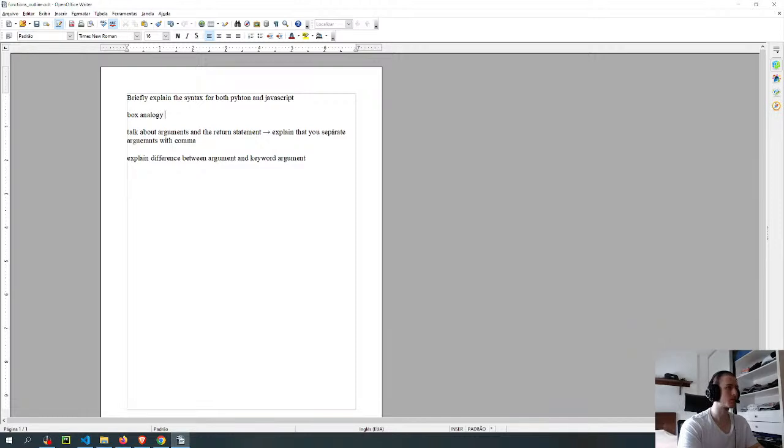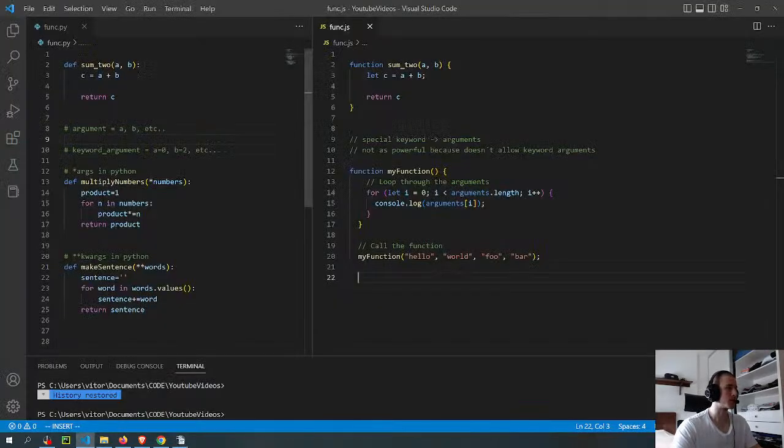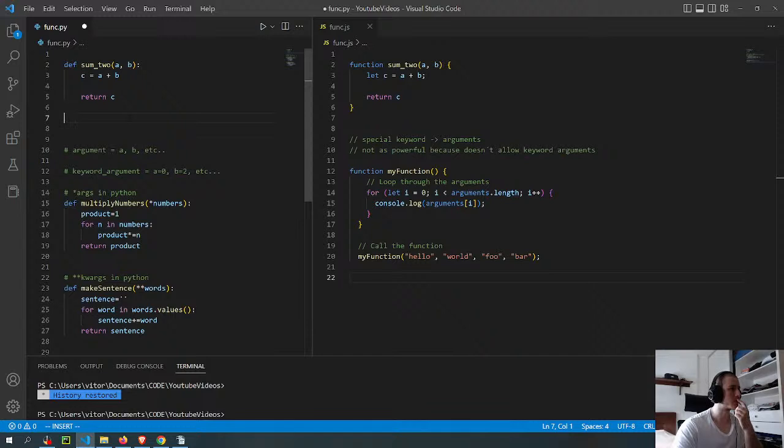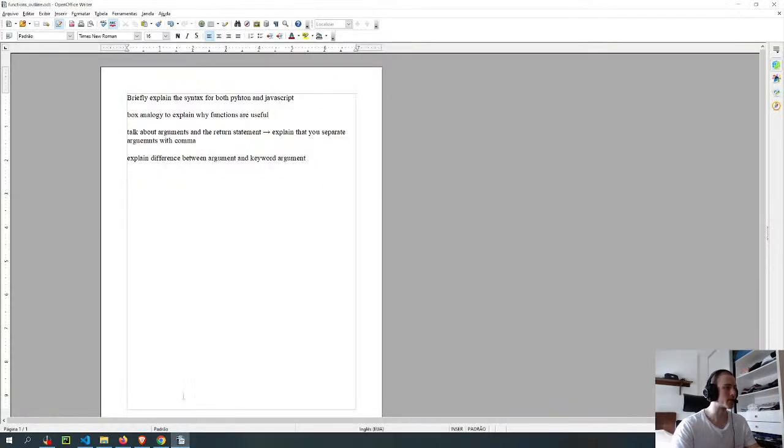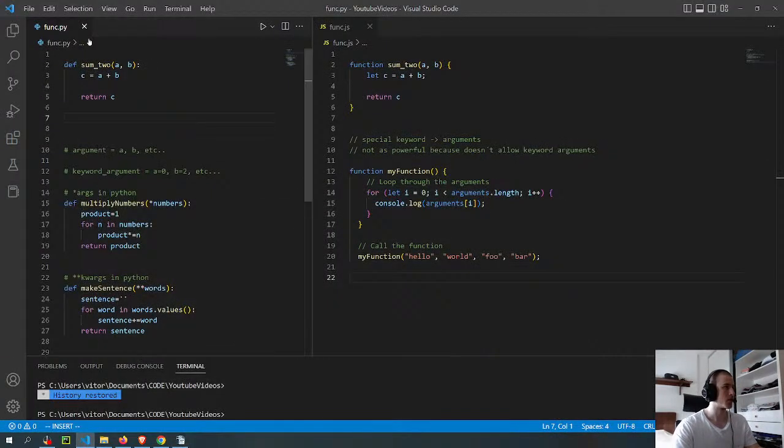Box analogy to explain why functions are useful. And then I have to show... Yeah, I was thinking about doing an example where I'm gonna edit this stuff as I do the video. I think I'm gonna separate it into several different clips. So each bullet point here of the outline is gonna be a separate clip, and then I'll do everything on the same file. But what I think I'm gonna do is write some code here, and then